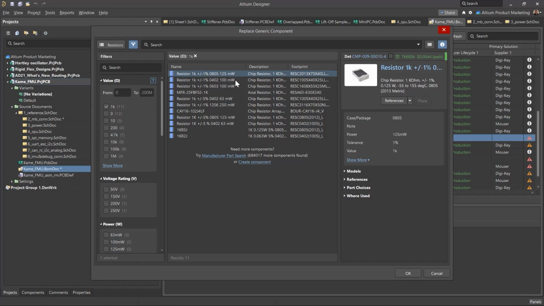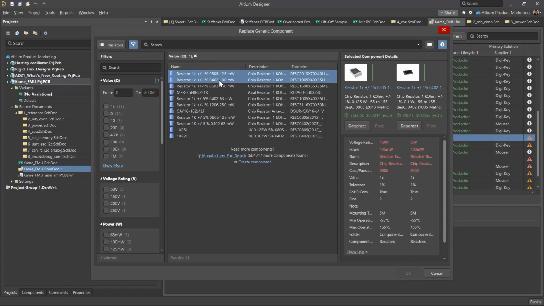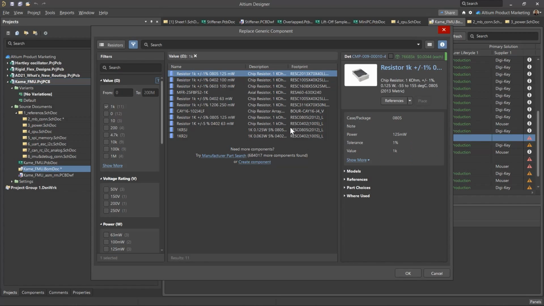I have several options here. You'll notice that it takes the parametric values I have set and filters for them. So in this case, I just put 1K, but if I fill in more parameters, it will also filter by that. If I do control click and I select multiple components, I can compare them to make a better selection choice. Red are differing parameters and white are the same. In this case, I see the stock is much greater for this top component. So I'm going to select it